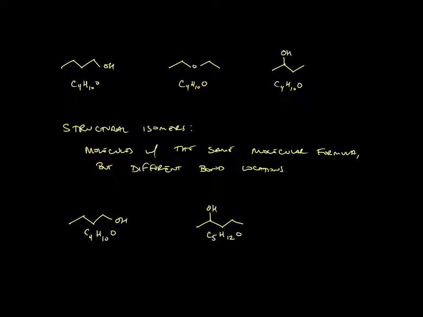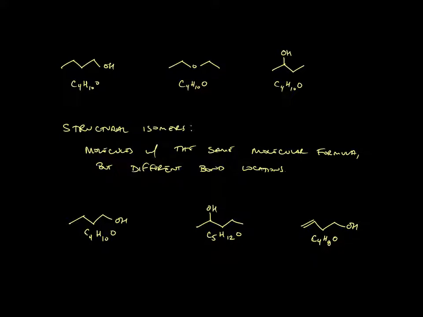Furthermore, we could have something like this. This guy has 4 carbons, so this would be C4H8O because it also has a double bond. So it has to be the same amount of exactly every atom within the molecule for it to be a